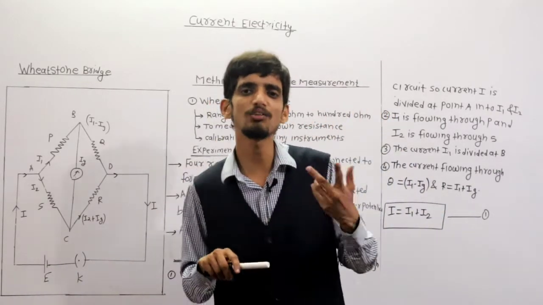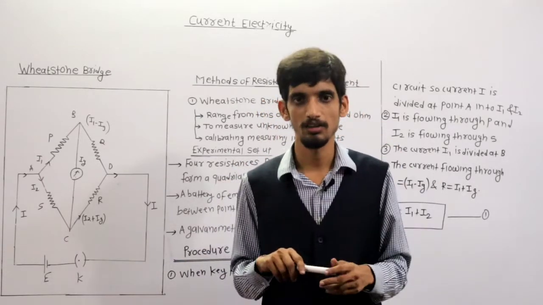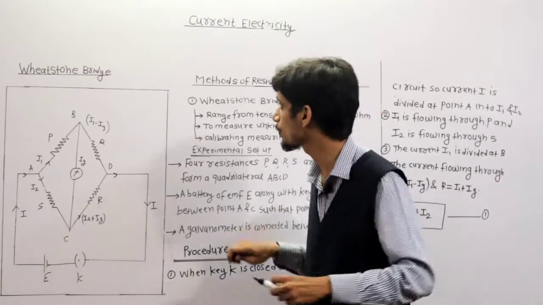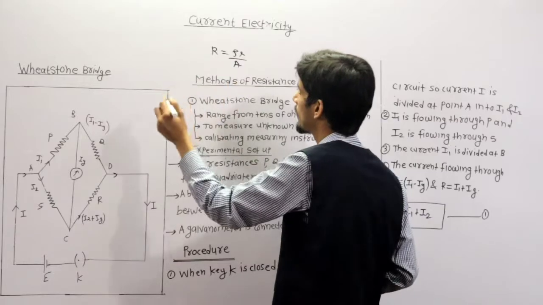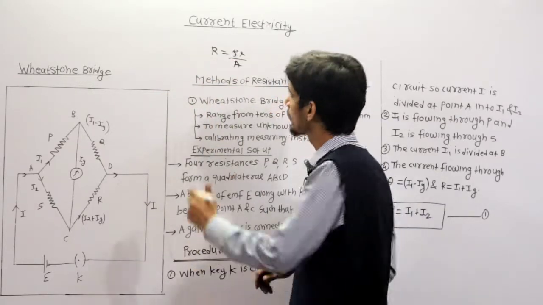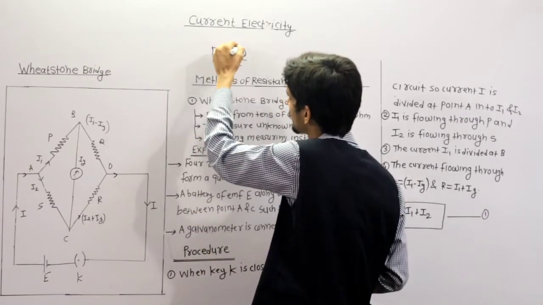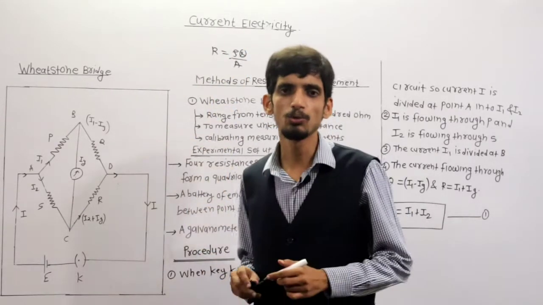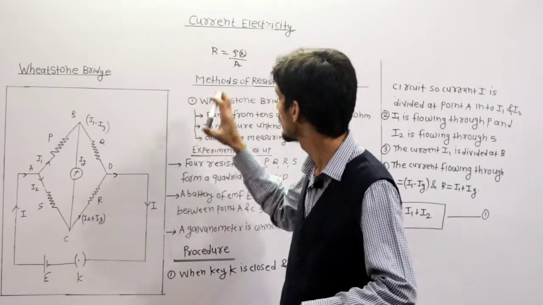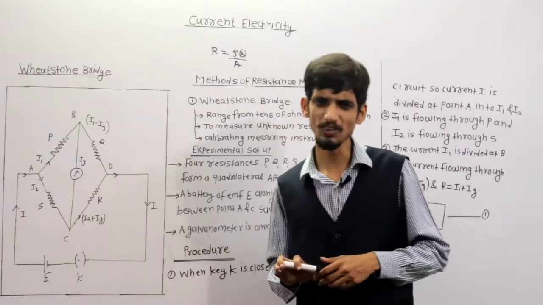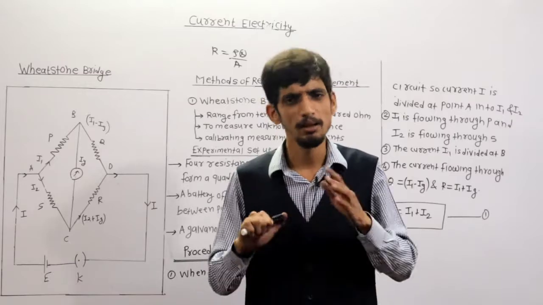As you know, resistance of any material changes with what? Temperature or length or material, because R is equal to rho L by A, that I already discussed with you. So this rho is called resistivity, L is length and A is area of cross section. So as the length of the wire changes, resistance also changes. So to measure the resistance we have to change either L or temperature. Any parameter can be changed so that the resistance can be easily measured.